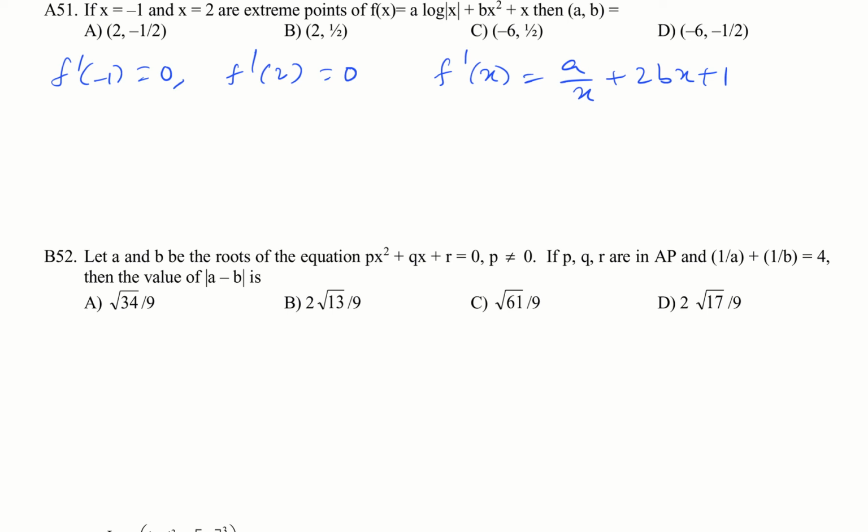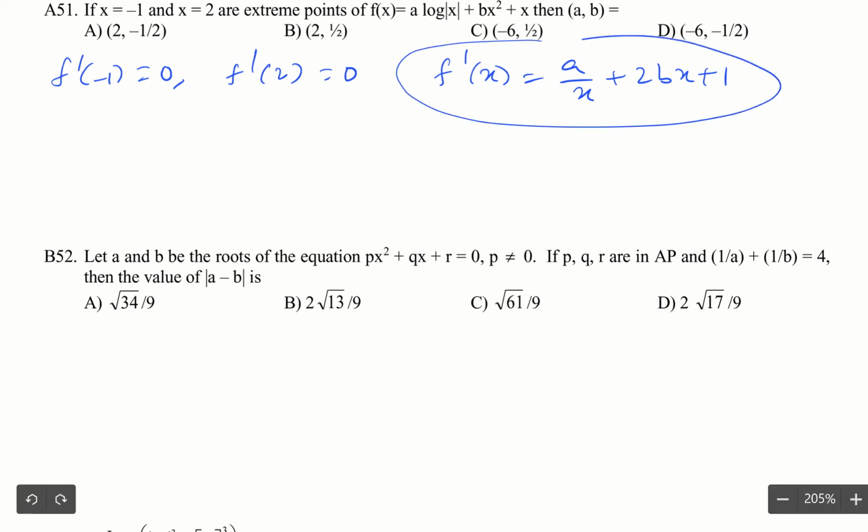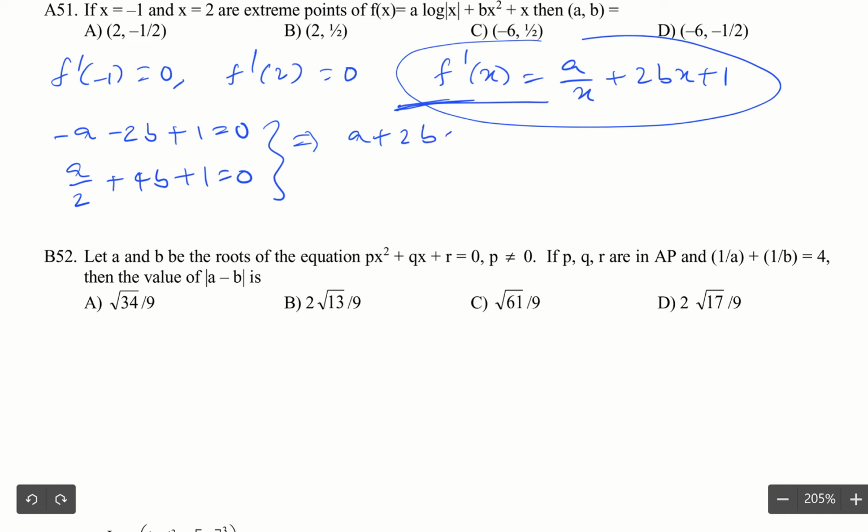Now using f'(-1) = 0, that is putting x = -1 in this, I have -a - 2b + 1 = 0. And using f'(2) = 0, substituting x = 2, I get a/2 + 4b + 1 = 0. So writing the equations one more time, I have a + 2b = 1, and from this I have a + 8b = -2. So solving,